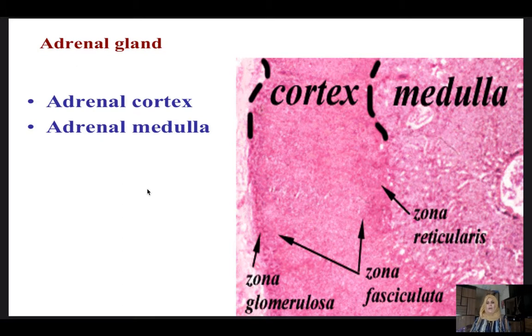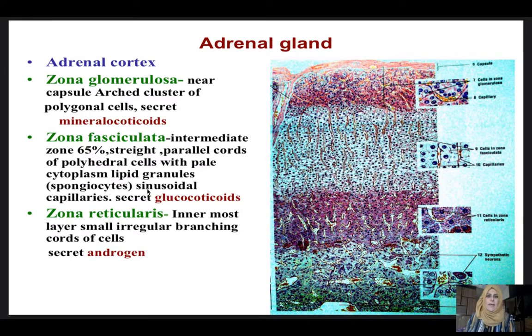المدلة تكون darker in color, while the cortex will be yellowish in color تقريبا. نسبة الcortex to the medulla, I have about 80% of the gland is the cortex, while 20% of the gland is the medulla. أكو كتاب يقول 90/10، ما نختلف على هذا الشيء. المهم the cortex is the thicker. If we come to the cortex, we study it histologically. It is also divided into several regions. راح يصير عندنا from the outer